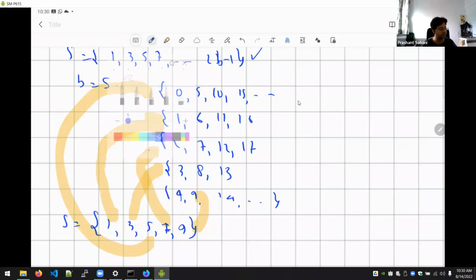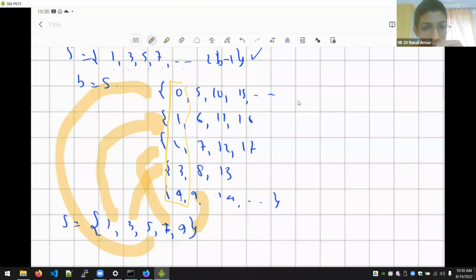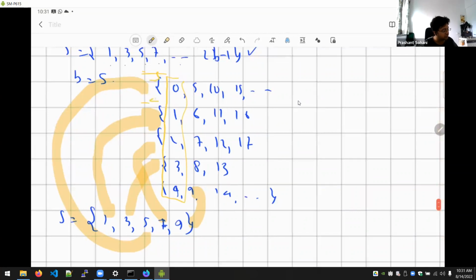We generally try to take the simplest one, where we just take the smallest element of every class, like 0, 1, 2, 3, 4, and that is the set of remainders. But you can use any set of remainders as long as they're all coming from different classes of this distribution, right? Sir, in these sets, we should also include negative numbers, right? Yes, we should also include negative numbers. So you have to show this both ways. On the negative side, it will have -5, -4, -3, -2, and -1, things like that.